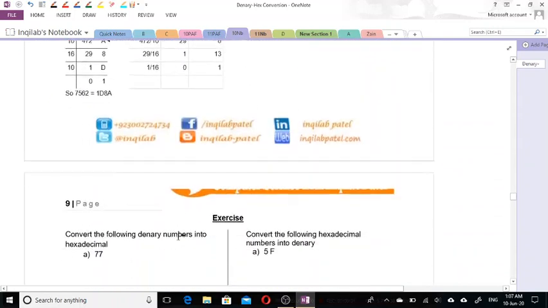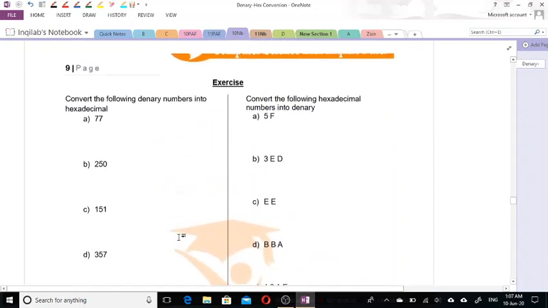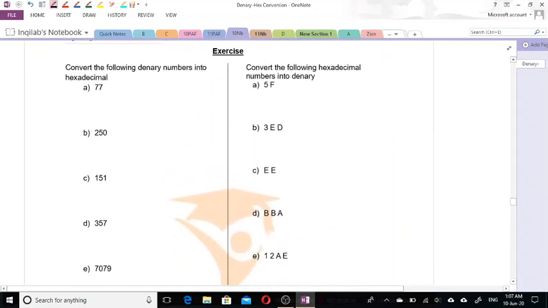For example, we have another hexadecimal number, and we are asked to convert this hexadecimal number into denary. What will we do? We will write down this hexadecimal number, then the place values 1, 16. Then we multiply each digit by its place value, and then we will calculate the sum of these numbers. 16 times 5 is equal to 80. F is basically 15. 15 times 1 is equal to 15. This is equal to 95.